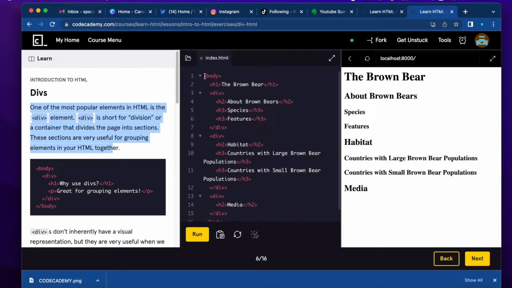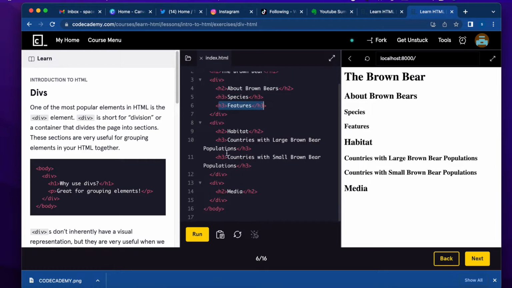Okay, so here they start with an opening body tag, H1 for the title, and then they're using div, opening tag, closing tag, to talk about brown bears and to specify the species and features. And then later on, they used another div tag to talk about habitat. So it's important to use div because later on, if you want to style that section, you can just refer